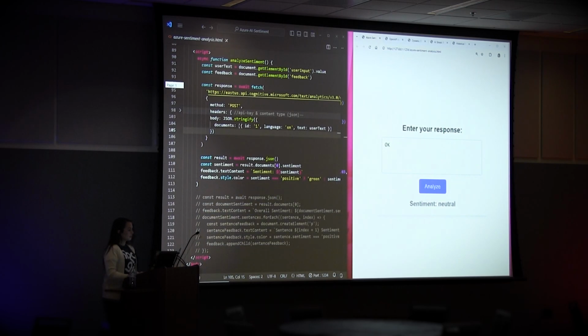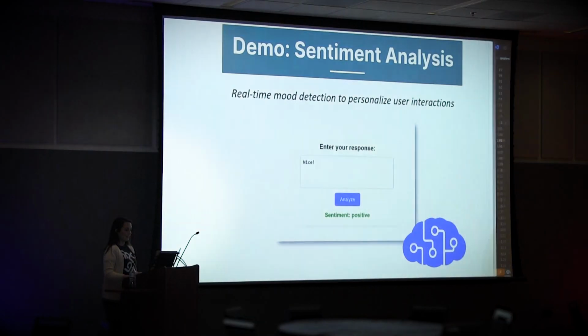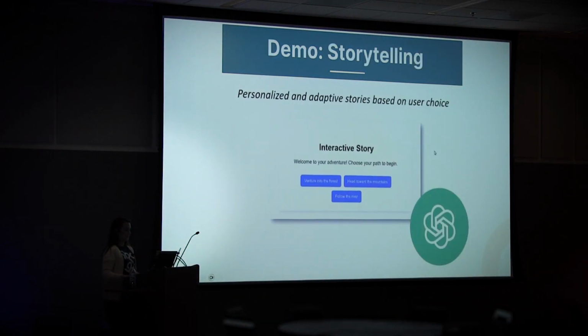On to the next one. Okay, so this is the AI API that I've used the most, and I'm sure most of us have, OpenAI. I've mostly used it in my JavaScript apps where I'm injecting a bit of chatbot functionality.